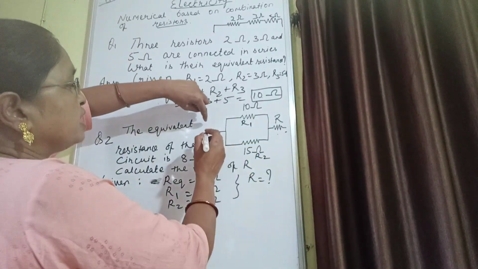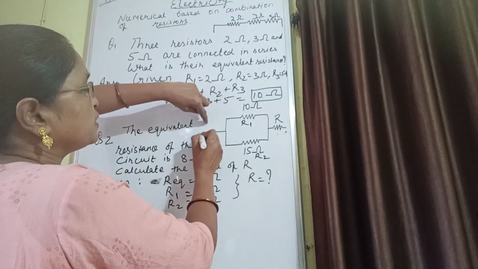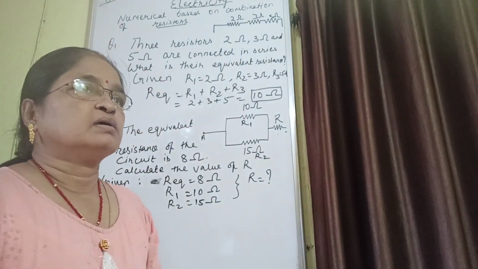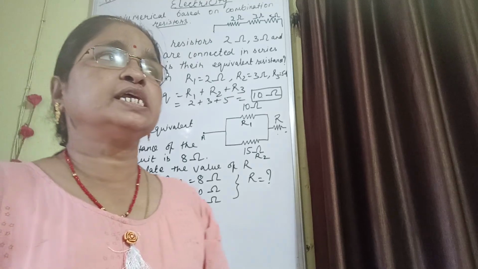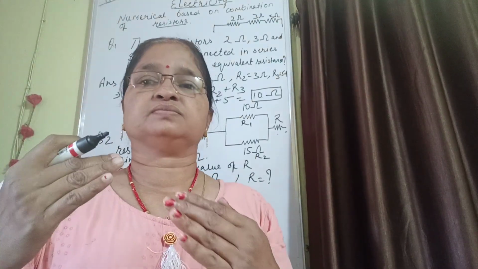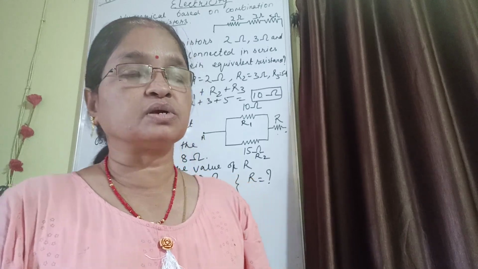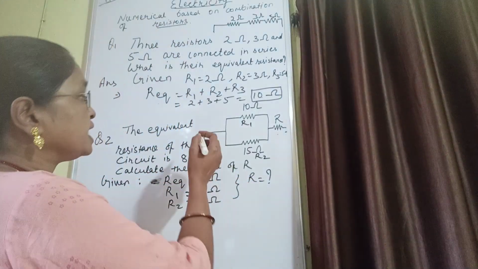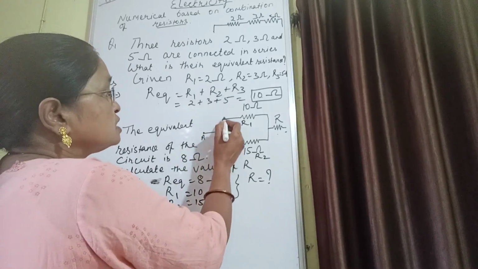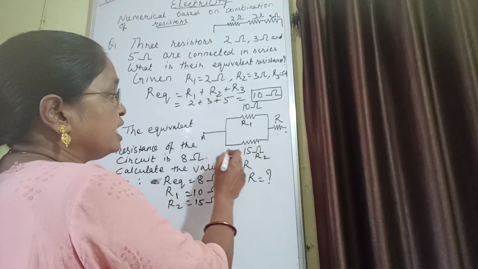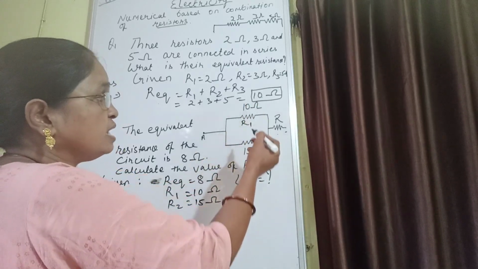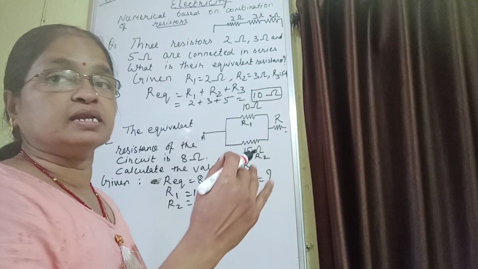Let us start at this point, one common point A. We have studied in parallel combination that current divides. That means current is not constant. So if the current is coming through point A, it will go in both the branches of R1 and R2, which proves that R1 and R2 are parallel.